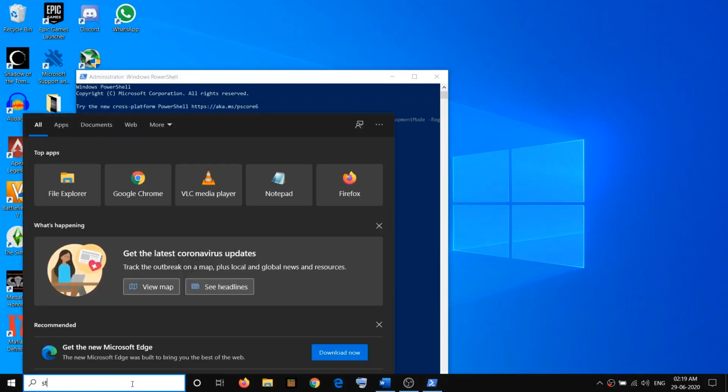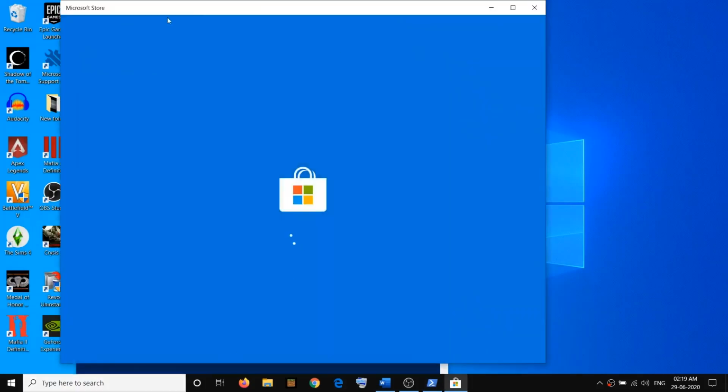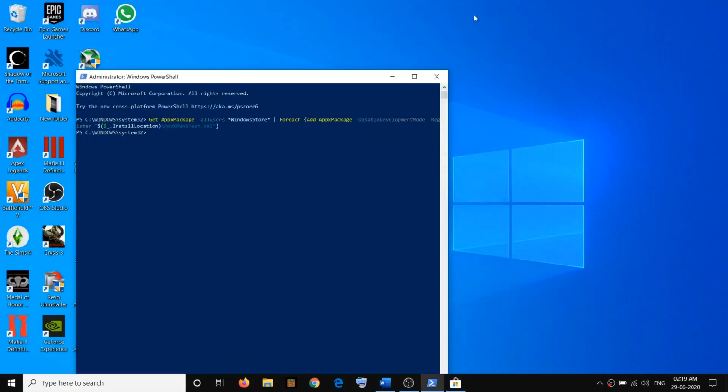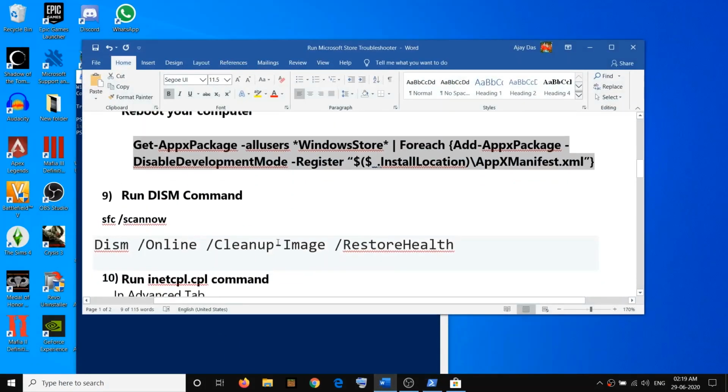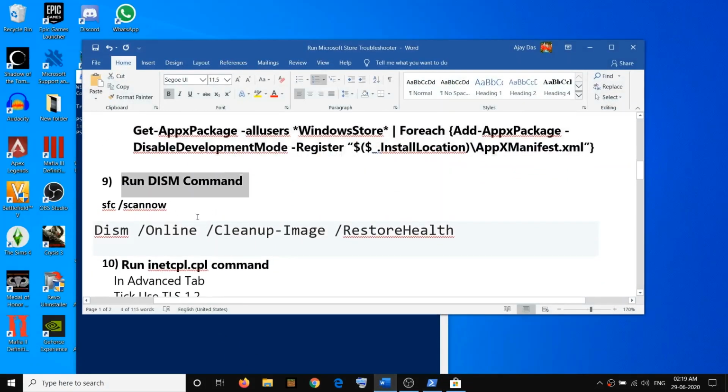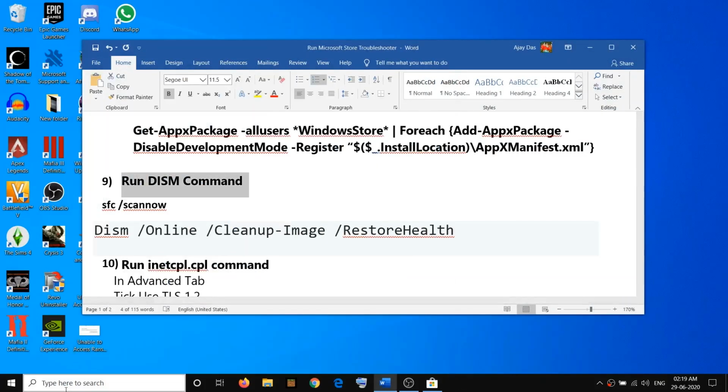Now you can go ahead and type in store in Windows search and then open Microsoft Store. So it's opening right now. Now if you are still facing the problem, then go ahead and run this command. So again you have to open PowerShell. So just type in PowerShell,